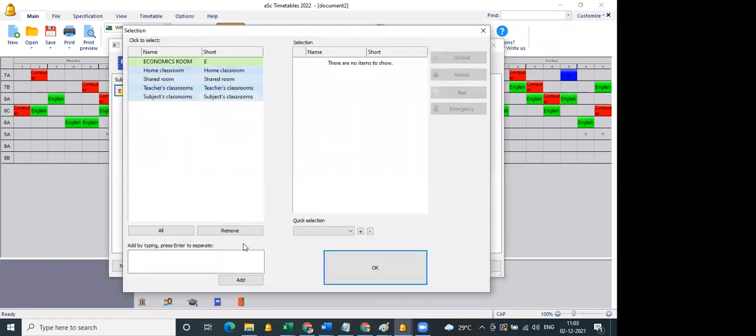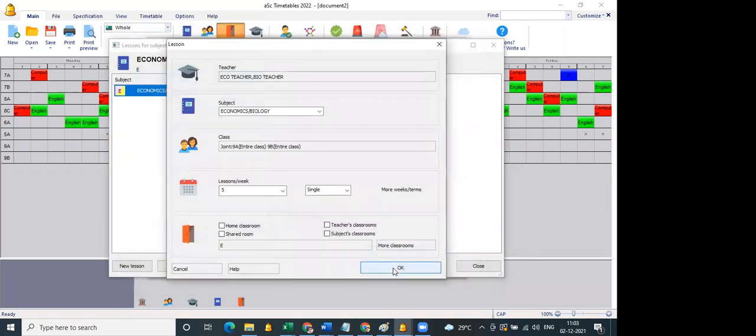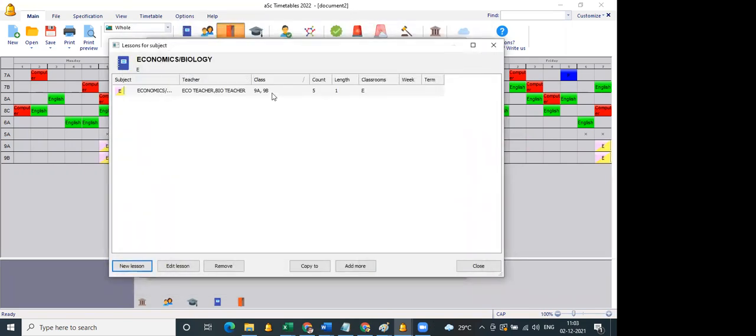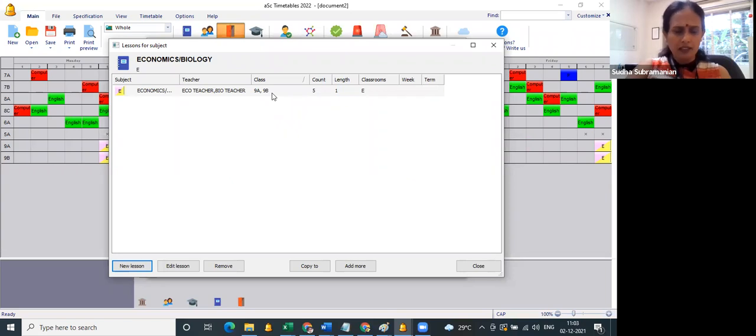So I'll select other available classroom and click on economics. And the entire economics students will be moving to the economics room. And how about biology? They may be in the class itself, or they may move to the lab. That depends on the timetable again.